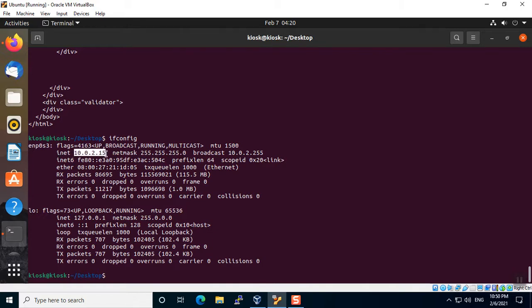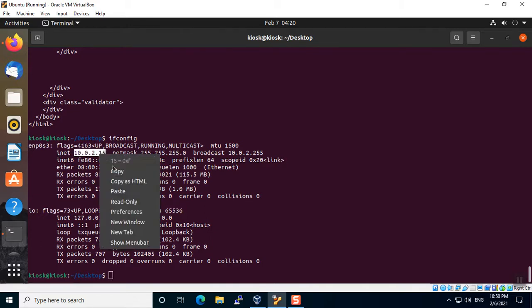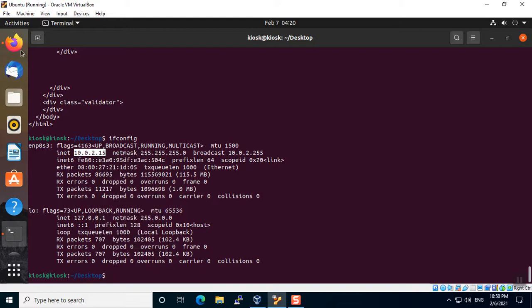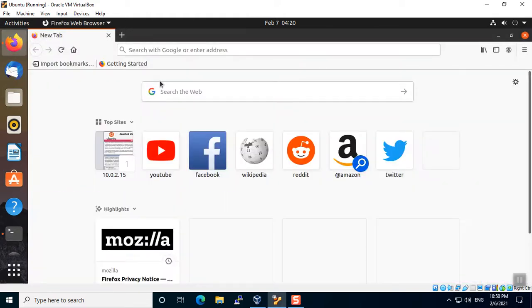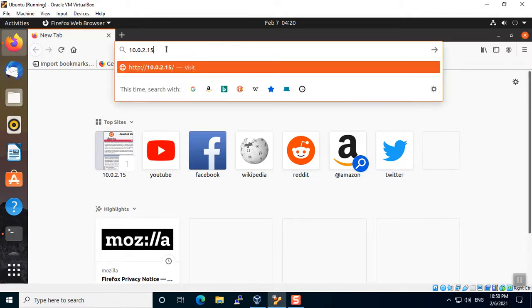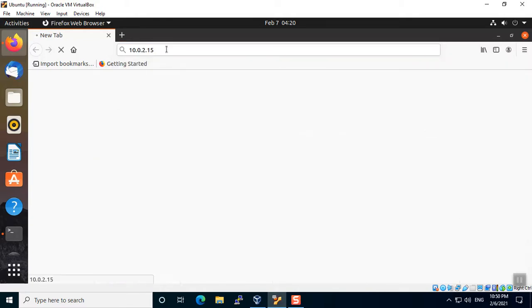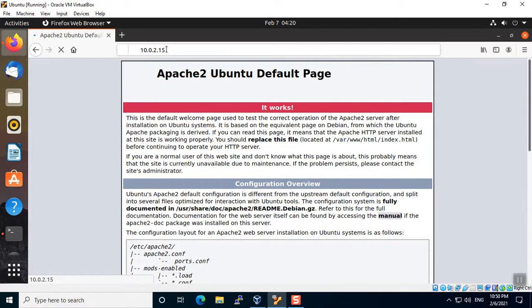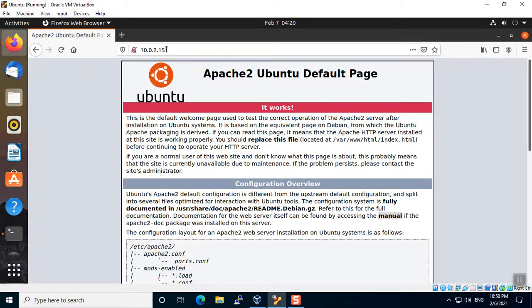Here is the IP address, I'm copying this IP address, going to the browser, pasting it and pressing enter. As we can see, the Apache2 default page is coming. That means our Apache is working fine.